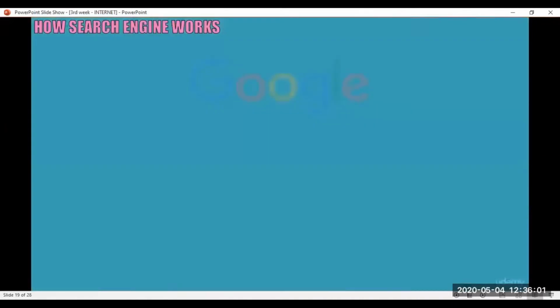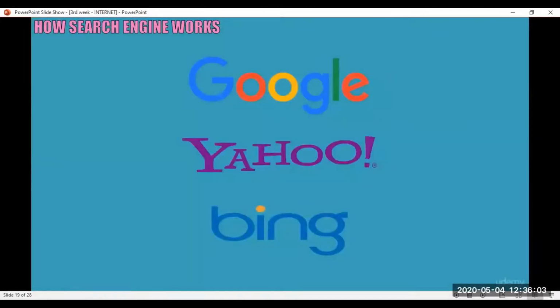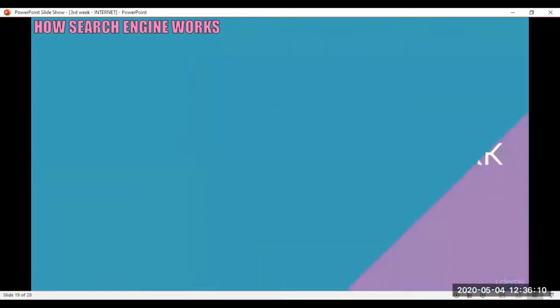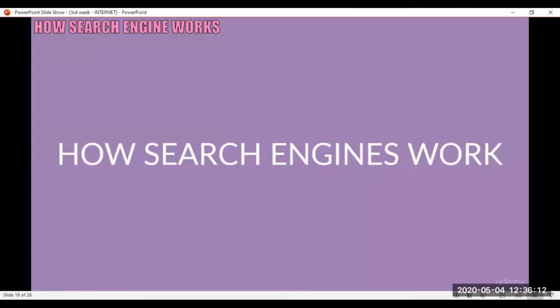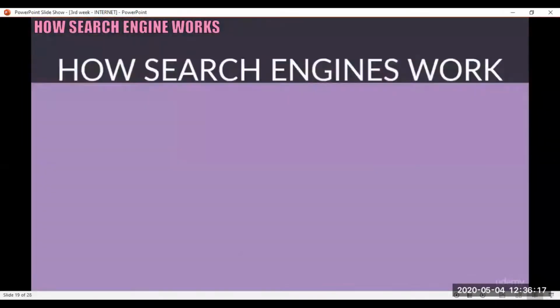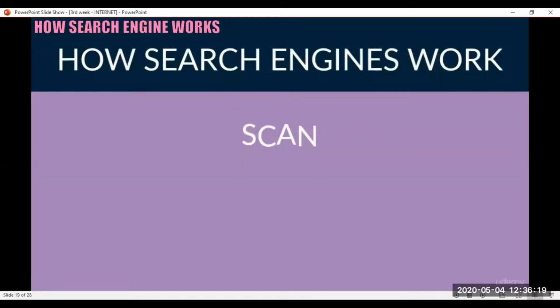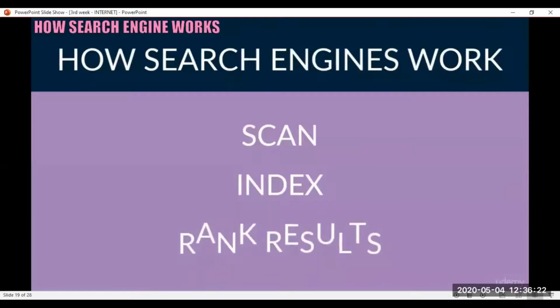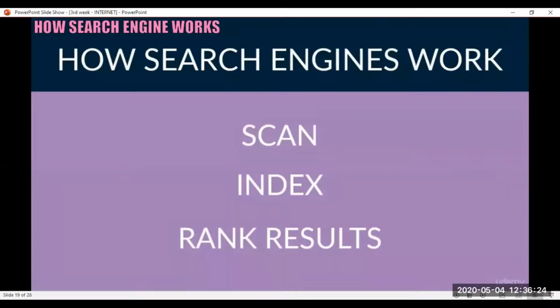Ever wonder how major search engines such as Google, Yahoo, and Bing rank your website within their search results? If so, you've come to the right place. In this video tutorial, we're going to explain how search engines work. More specifically, we'll discuss the primary functions of search engines, such as how they scan and index information on the web and provide search patrons with the most relevant listings based on their request. Understanding these components is a critical part of SEO and can help us as we begin our endeavors of optimizing our site for search engines.